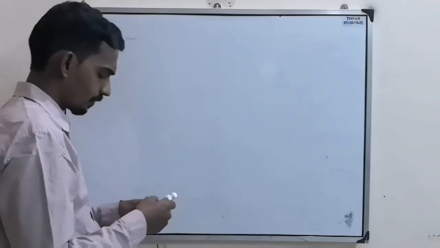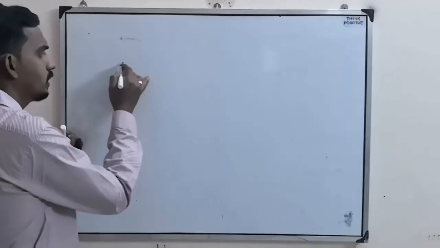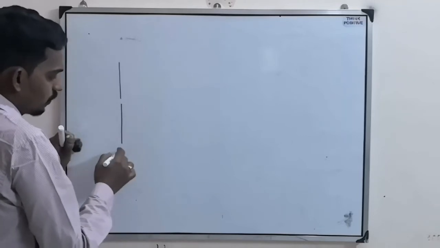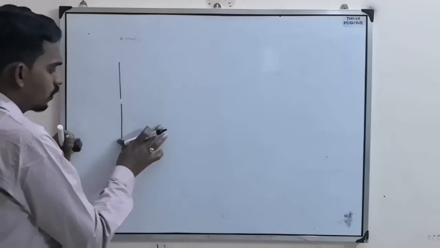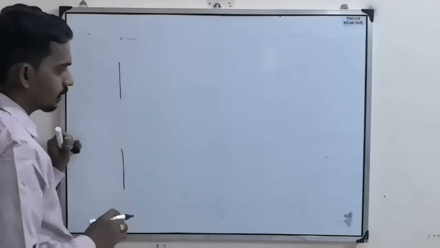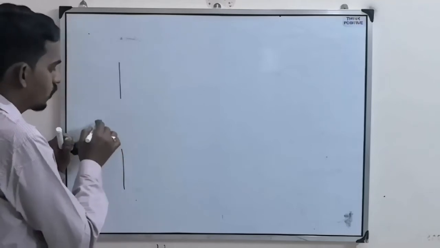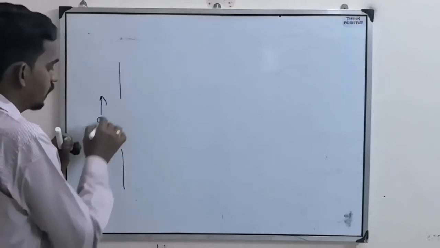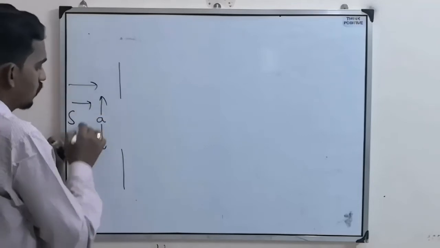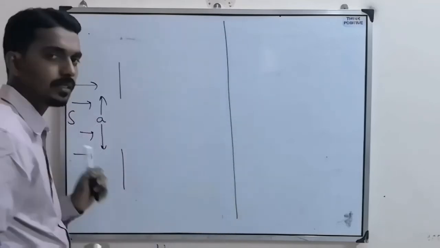See here, same as Young's double slit experiment, the same experiment, but here what we have done is we have closed one of the slits. So now we arranged only one slit. Earlier there were two holes, two slits. Now there is only one slit and the slit width is A. Here one source is there, so light rays are going. Now here they arranged a screen.